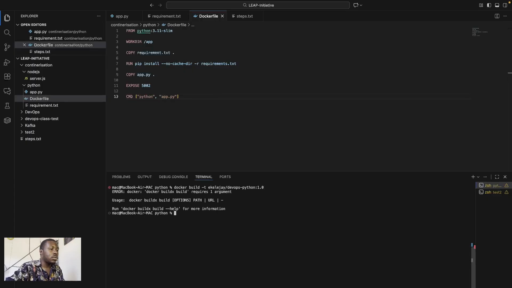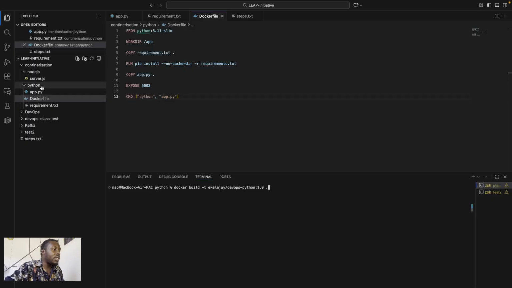Now, this dot tells us that the Dockerfile we want to use is in this folder that we are in, right? It's in this Python folder.